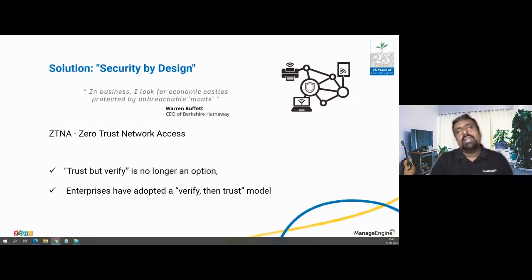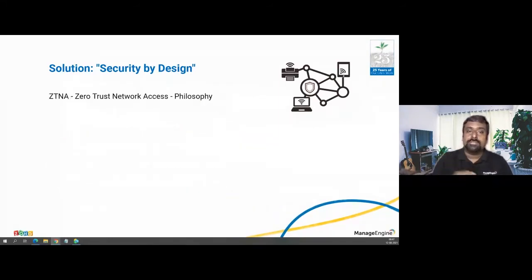Even if it's a corporate device, I'll give you an example. Even if it's your own device that's coming back to the office, you will not trust that device unless you verify the compliance, the legitimate username and passwords, the authentications that are going to come in, multi-factor authentications at different layers or different levels. Now it's not only about an application login, it's not only about having access to the applications. This zero trust network access model should be a philosophy, and it should be a philosophy at every level of your IT management, right?